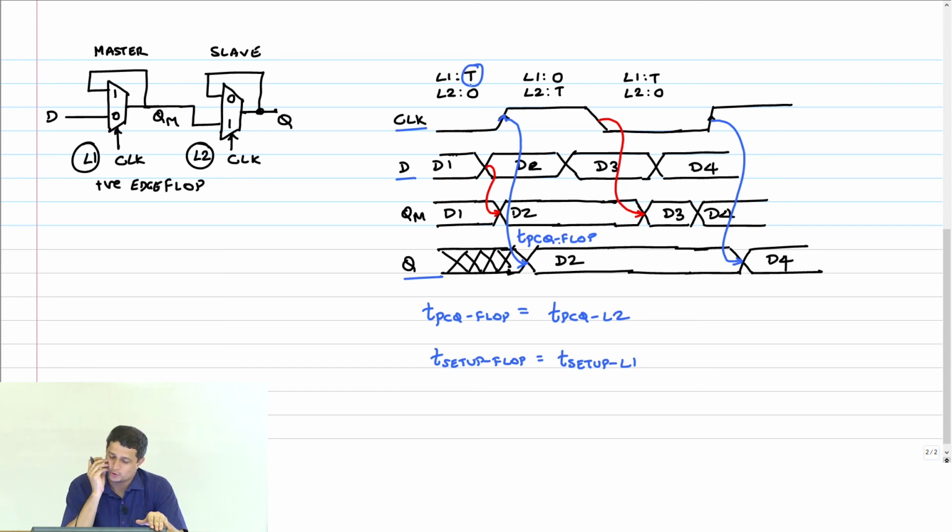So TPDQ is of the first latch. TPDQ is basically this delay, right? This TPDQ, isn't it? Okay. So we'll come to this. We'll see where the origin of this setup time itself is. Now that is nothing but some delay of the first latch. Okay. So we'll come back to it.